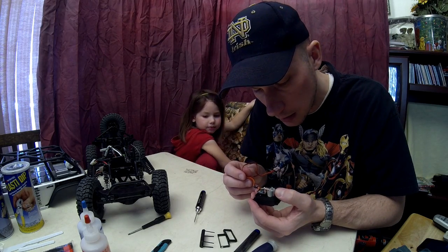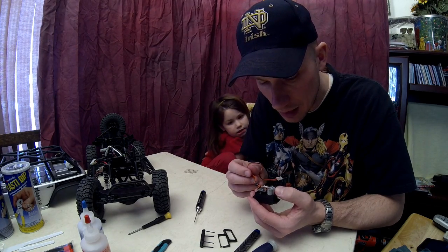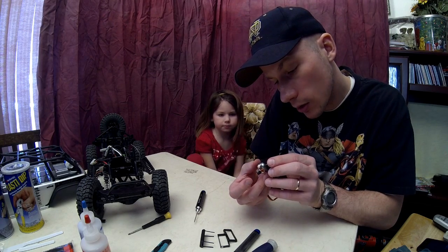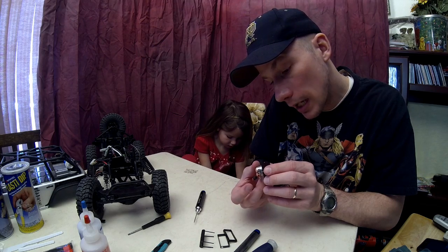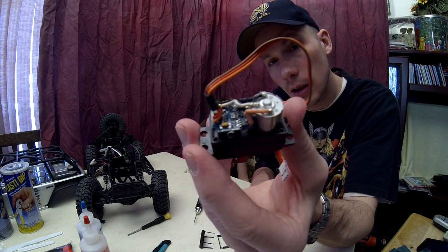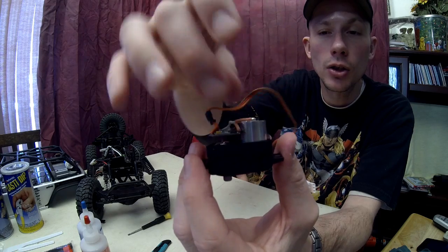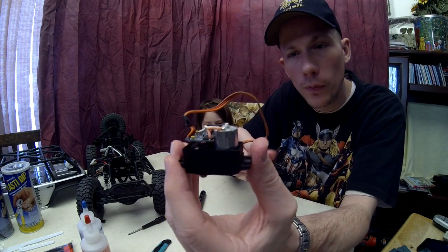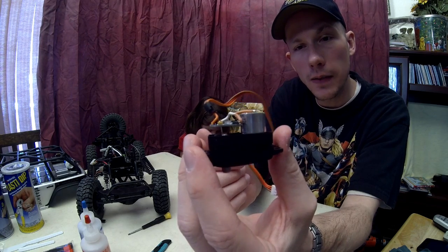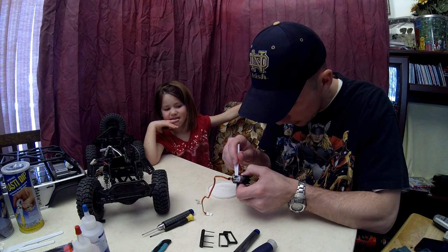Now, to be honest, I'm sitting here looking at this. It might have a little coating or something on it, but I'm not saying for sure it has much of anything. Looking at the bottom edge of the circuit board, I'm not seeing any critical stuff underneath that really needs to be waterproofed. All your critical parts and chips that are going to cause the frying out are right there on top. With some servos, this chip you can actually pick up and just swing it on out. Makes it easy to waterproof. In this case, because of the way it's built, you can just separate those and coat underneath really easily. So that makes that part kind of easy. I am going to reach up under here and throw a little bit on the back side of that circuit board,